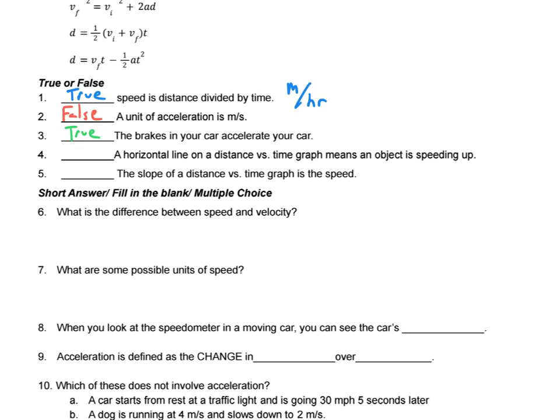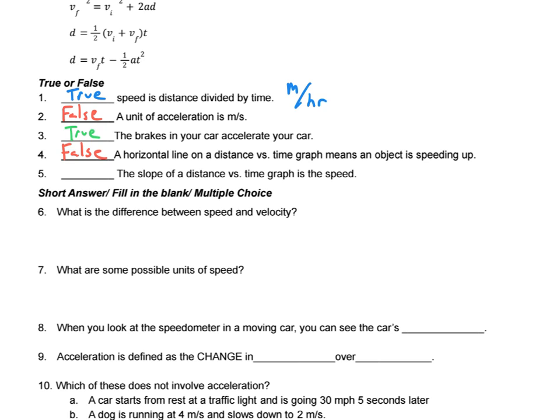Anything that changes velocity is called acceleration. Acceleration is just a change in velocity. Doesn't matter if it's speeding up or slowing down, both count as acceleration. A horizontal line on a distance versus time graph means an object is speeding up. This one is false. If it's distance versus time, a horizontal line would mean the object is standing still, not